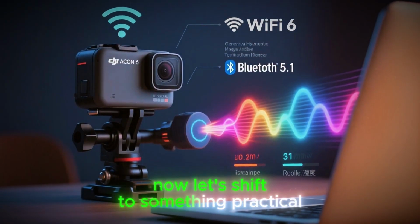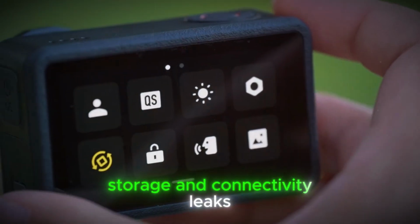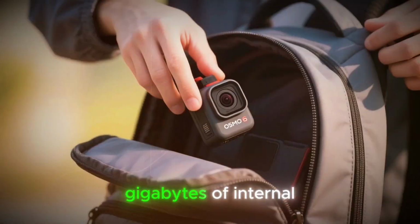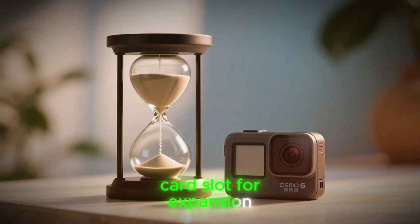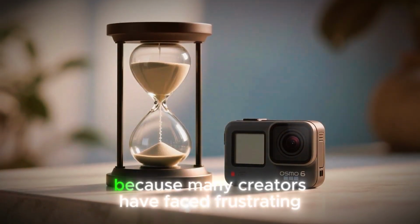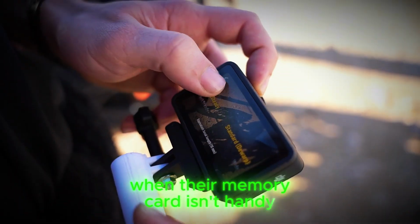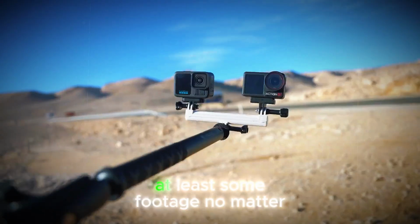Now let's shift to something practical, but crucial: storage and connectivity. Leaks hint that the Osmo Action 6 might come with around 64 gigabytes of internal storage, along with a microSD card slot for expansion. That's actually a welcome move because many creators have faced frustrating moments when their memory card isn't handy. Internal storage gives you peace of mind that you'll always be able to record at least some footage